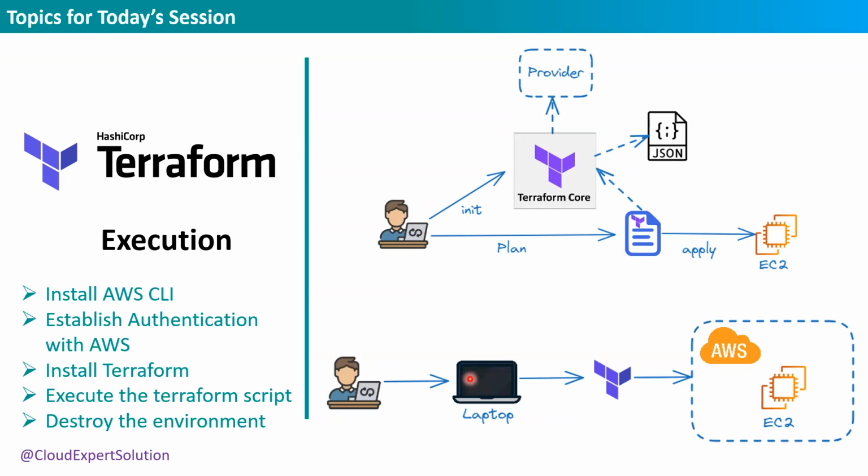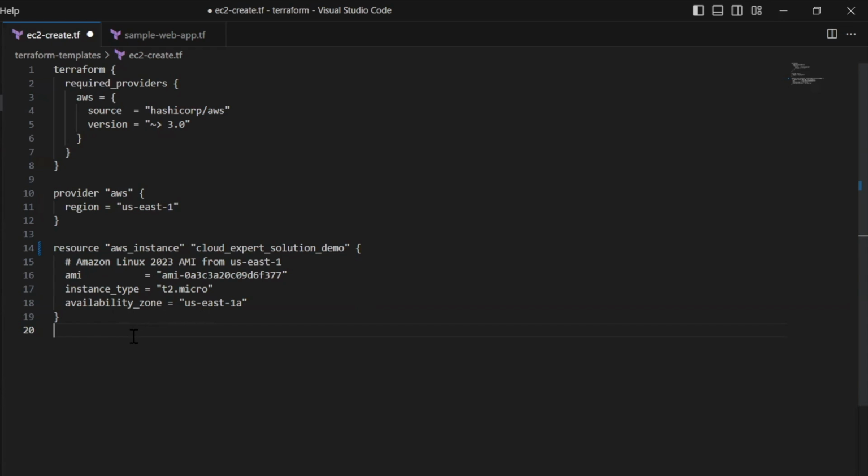For today's demo, I will use AWS as the cloud provider. From here, let's first review a Terraform script, and then we'll directly go to the AWS Management Console and perform the demo. Here is a sample Terraform script for you. Now let me explain the different components of Terraform. If you remember the Terraform architecture, there was a component called provider, and that is very important for establishing that connection. Since we are going to create an EC2 instance, we have selected